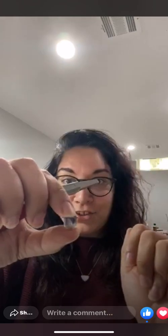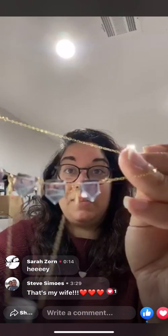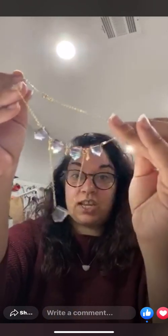So if you feel like your loops are a little off-centered, like you could see one of mine looks like it's going vertical, the other one's horizontal, I'm just gonna hold on to one of them, and I'm gonna take my pliers and just shift the other one up. Okay, so now we have a wire wrapped stone this way. Now we're gonna assemble at the end. You can continue and wire wrap them into each other, or you can just use the jump ring and attach it straight to the chain or to another stone. Okay, so that was the first